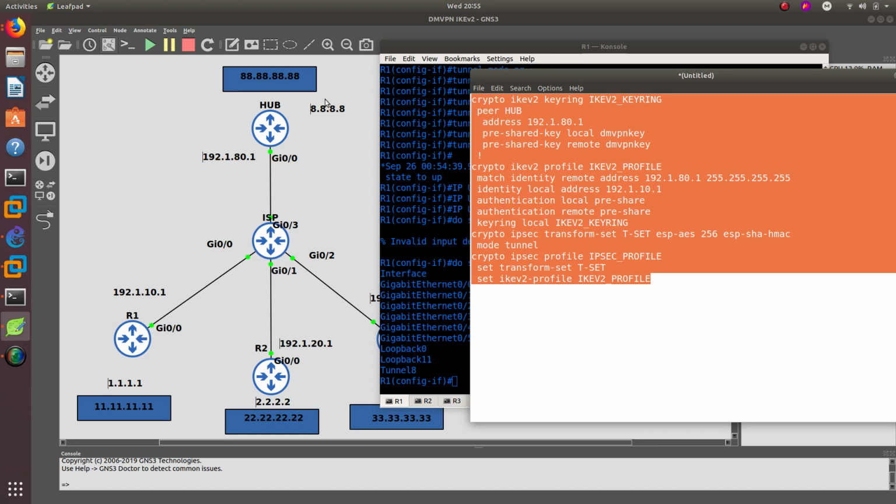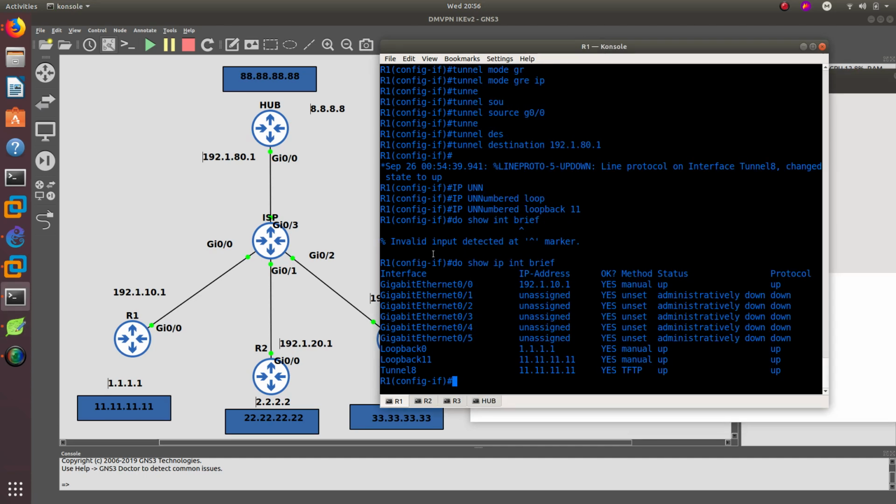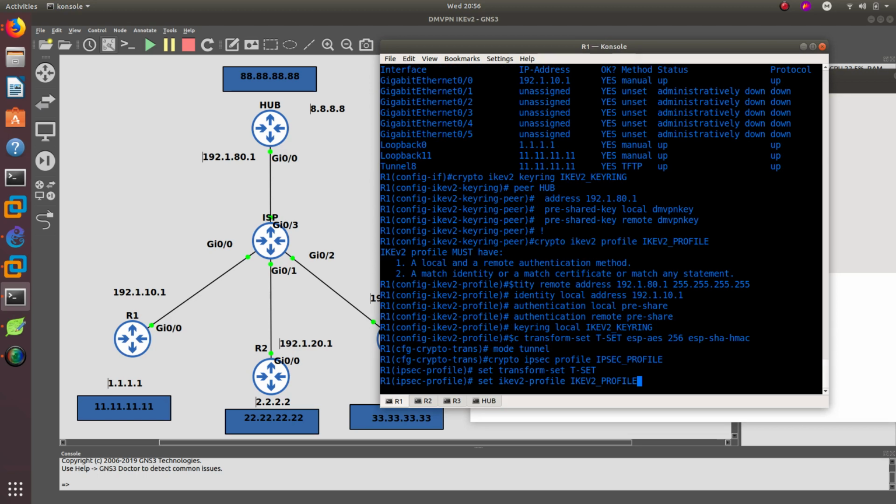The address of the hub is good. Keys are good. Remote identity, good. Local identity, good. And then the rest should be good. So let's go ahead and paste that right here. Okay,